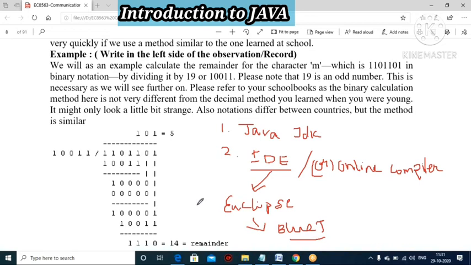So, how to study Java. From the company's perspective, they require not only that you are strong on the program side. Not only focus on your program.